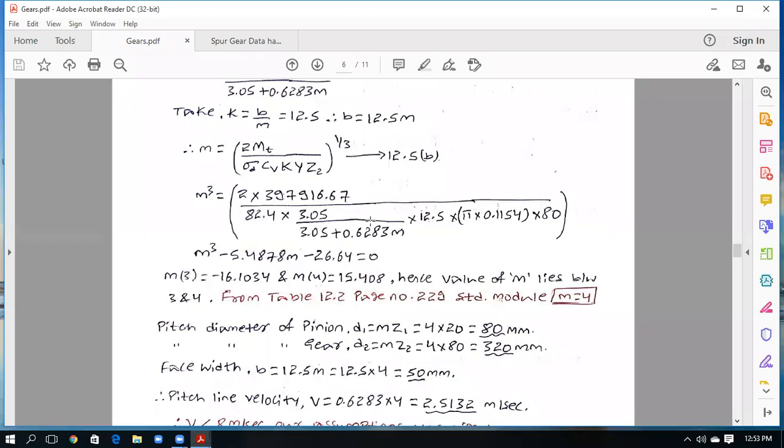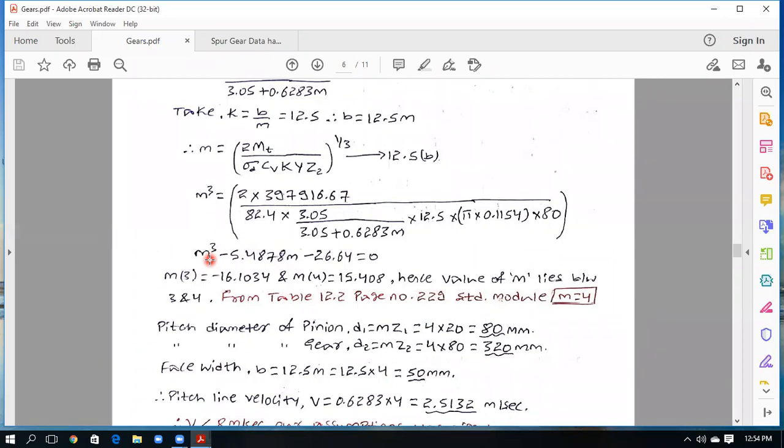Once again, after solving this, you will get this cubic equation. In this, to find out the m value, either you can use your calci, go to mode, and after that equation, it is a cubic. Solve the cubic equation. After solving that, the m value will be 3.57 something. This is one method to calculate that m value.